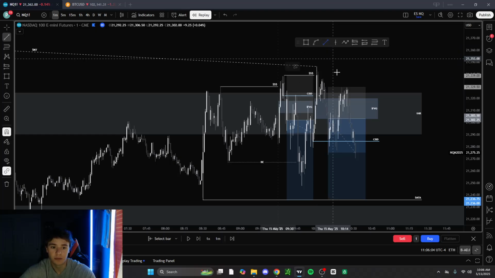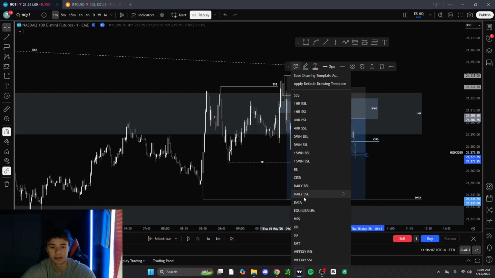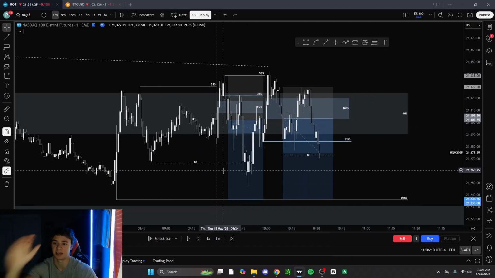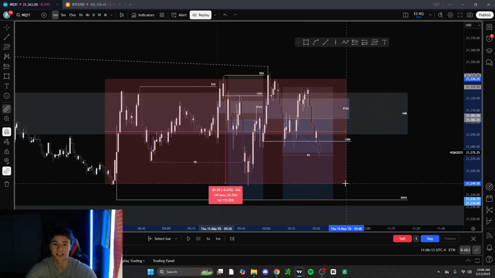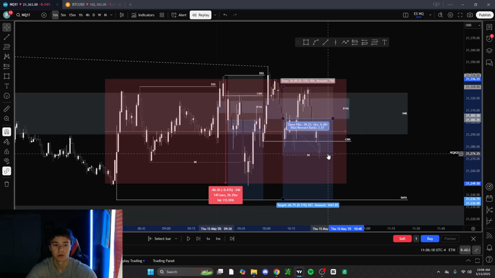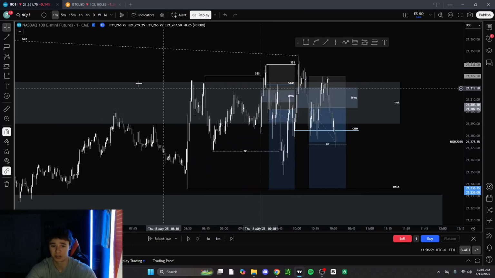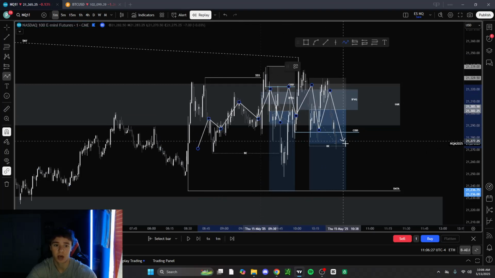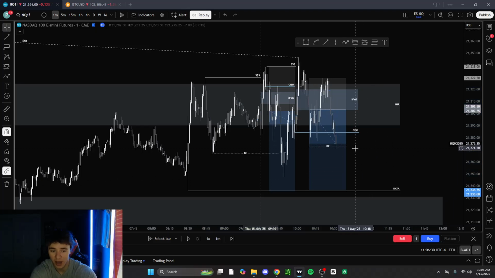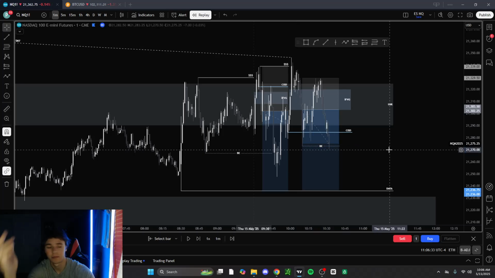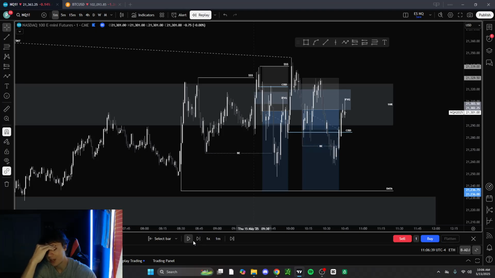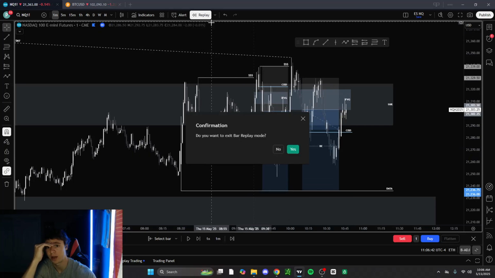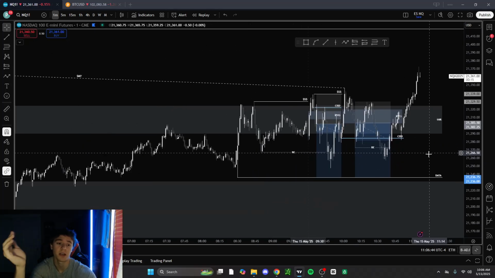And I moved stops to break even once we took out this internal low, because right now, look at price action. We have gone nowhere for the past 2 hours, right? Since 8:30. It is now, what time? It's 10:30. So for the past 2 hours, we've done nothing but chop and chop. So I'm already in this trade, right? And I move stops to break even. Still wanting to see this data low play out, and we come down and we get stopped at break even. And so the market did nothing, and now we're finally getting displacement to the upside.